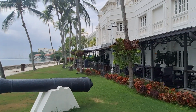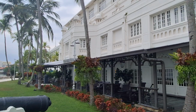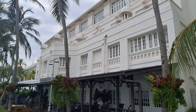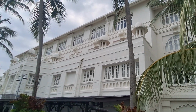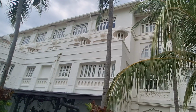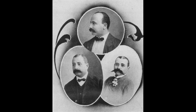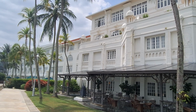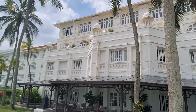So this is the Eastern and Oriental Hotel, and I'll tell you some of its history as we're walking around here. Penang's most famous hotel was established in 1889 by the Sarkis brothers, who were born in Iran but of Armenian descent, when their original hotel, the Eastern, founded in 1884, merged with their second hotel, the Oriental, which was founded